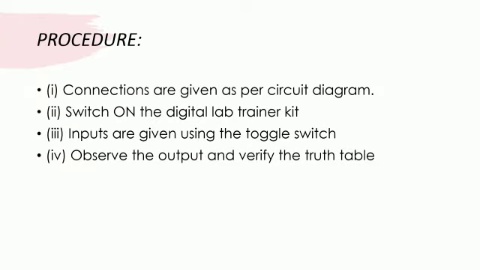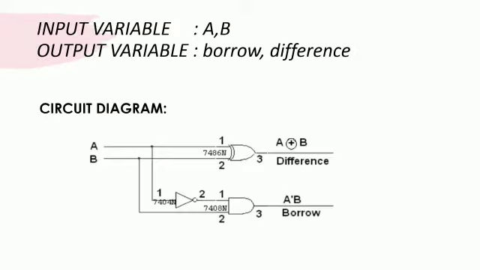And now the procedure. Connections are given as per the circuit diagram and we have to switch on the digital lab trainer kit, and inputs are given using the toggle switch, and we have to observe the output and verify the truth table. And here the input variables are A and B and the output variables are borrow and difference. And this is the circuit diagram for half subtractor,